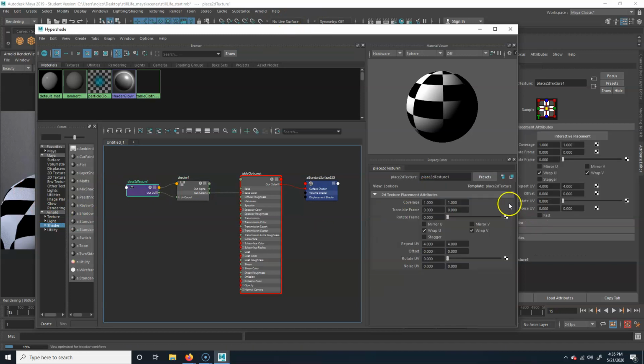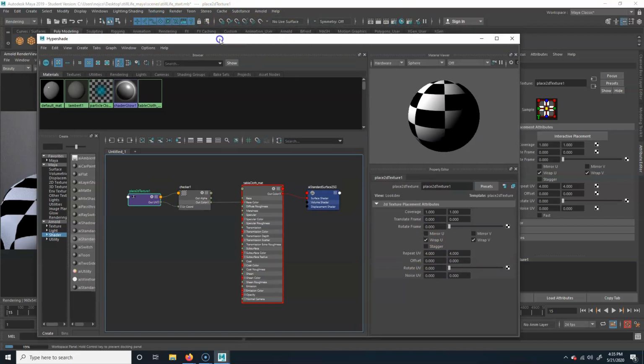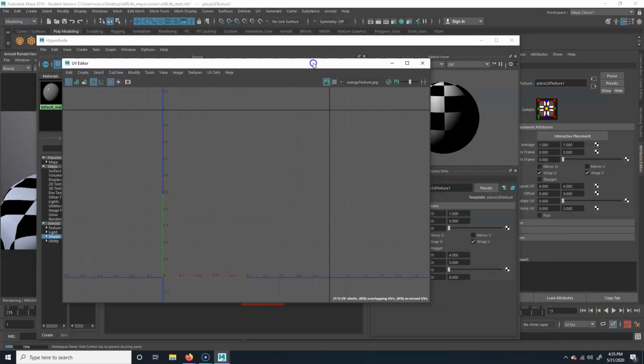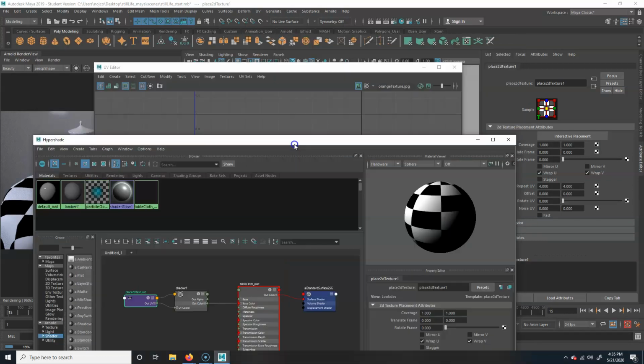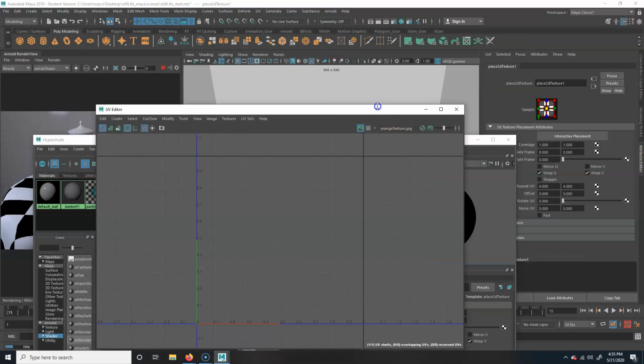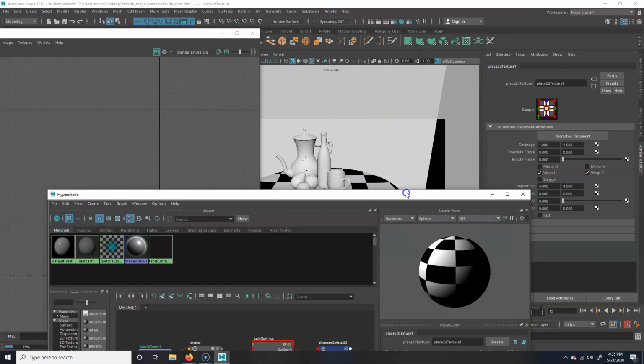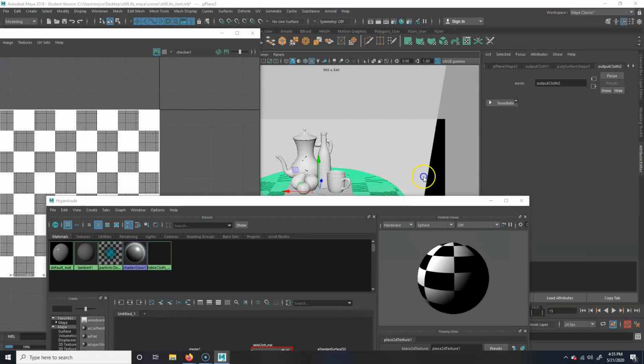But what I can do is go to the 2D texture, and this works on anything. You can see right now it's repeating it 4. Just to give you an idea. Oh, it's not up there. All right, let's just go to modeling, UV editor. It's too many windows. Come on, get out of the way. Okay, there we go. So if I select the object,